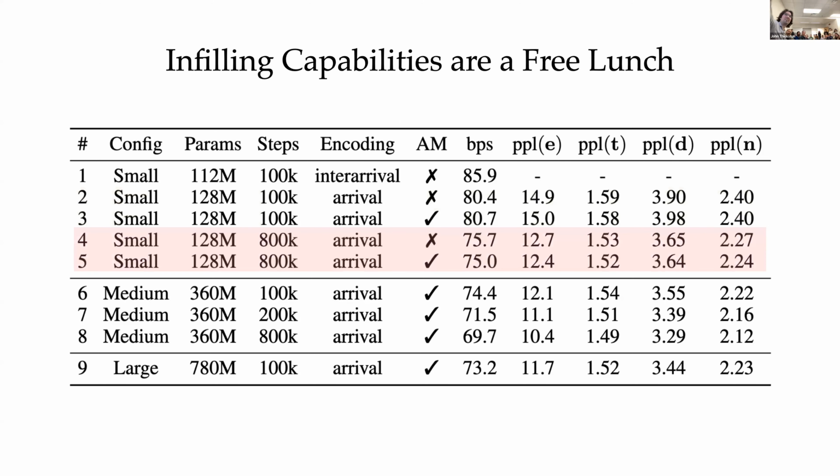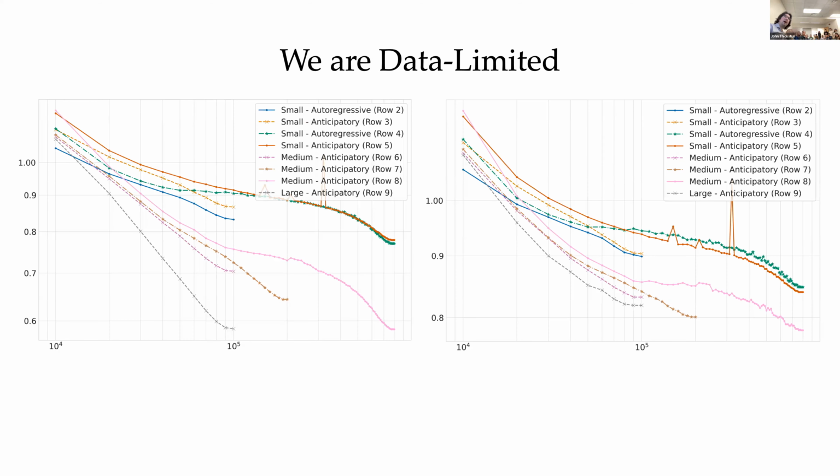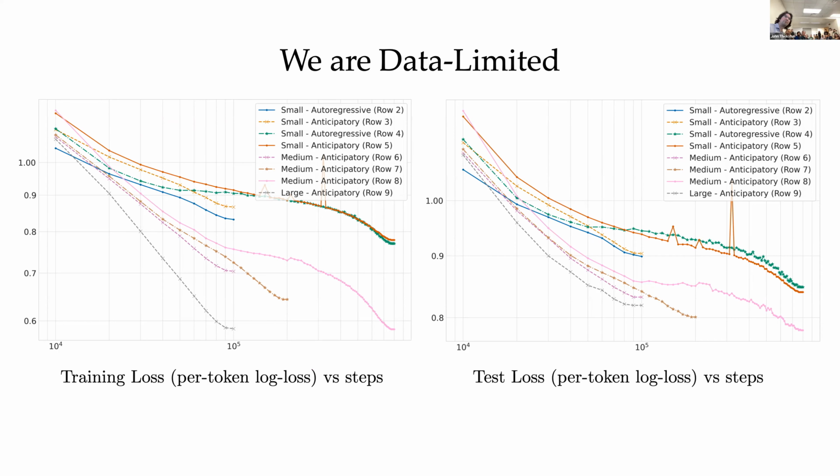And this holds up at the larger scale and more iterations as well. But the sad thing here is that we are clearly data limited. I trained these small, medium, and large models. A glaring question here is, well, where's the XL model? GPT-2 had four models: small, medium, large, and XL. Why didn't you train XL? And the answer is that I trained the large model for 100,000 steps, and there didn't seem to be any point in going further.